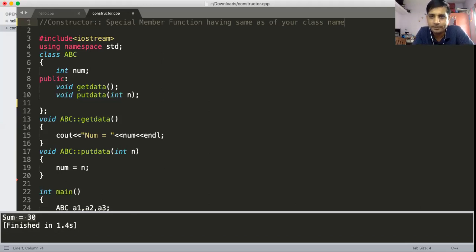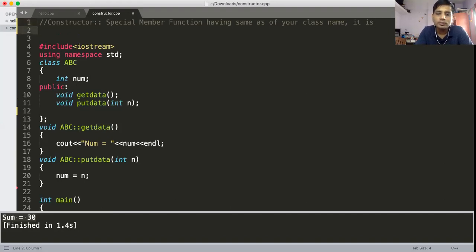The second speciality is that it is not returning anything. It means that the constructor member function has nothing written, not even void.